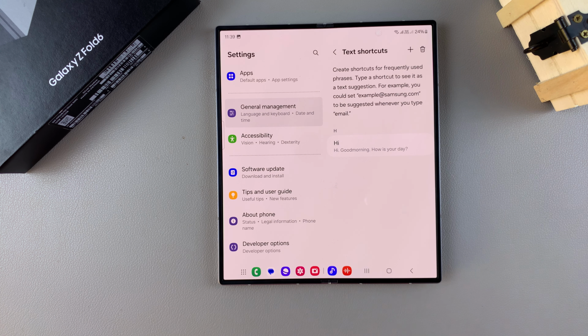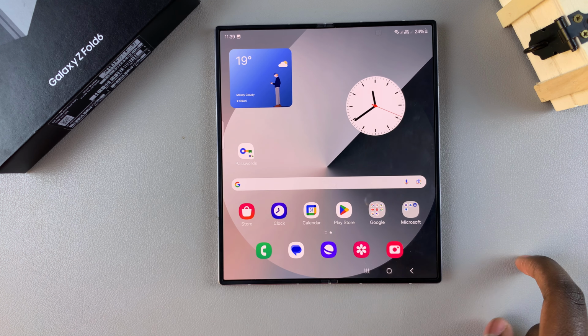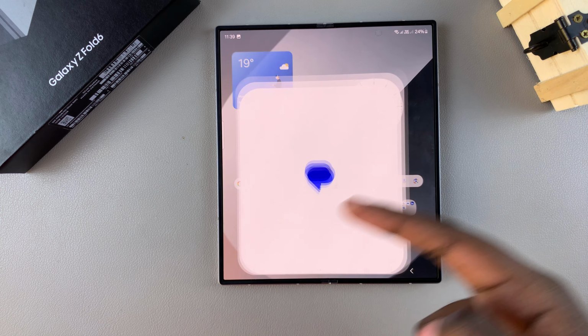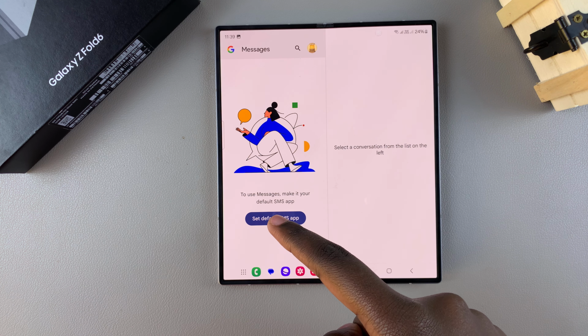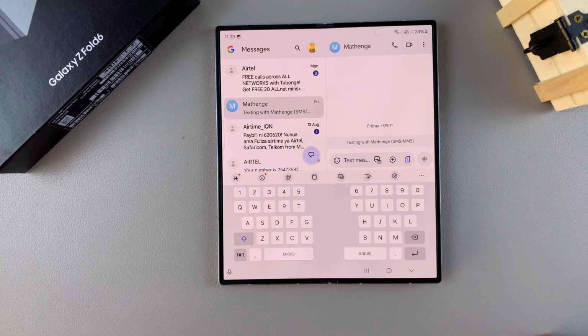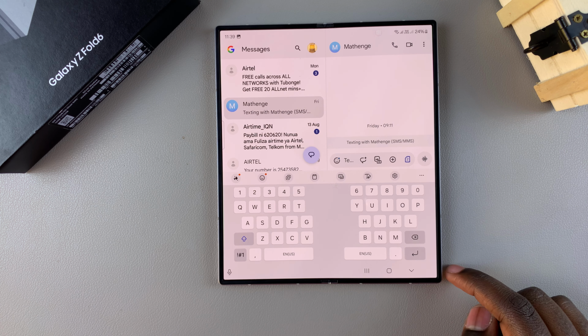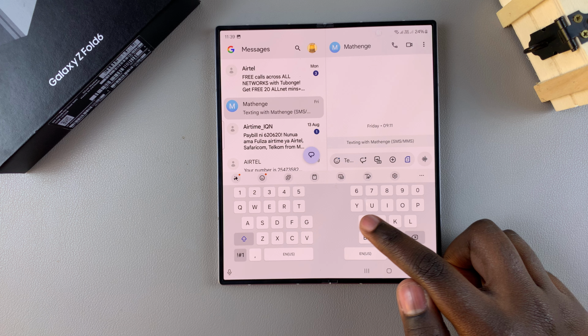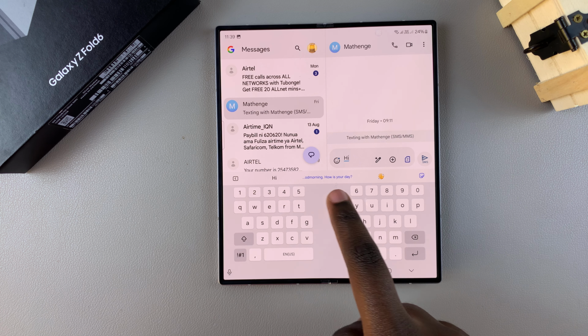So now to use your text shortcut, it's fairly simple. Go to a place where you're going to type, say for example, messages. Then from here, you want to open a conversation and you want to bring up the keyboard. So to use the text shortcut, you want to type in that small phrase, and then you should see your